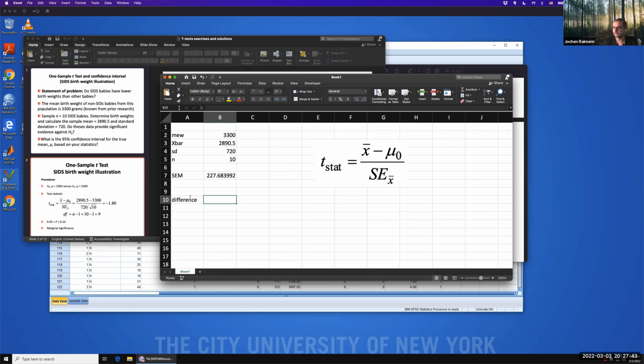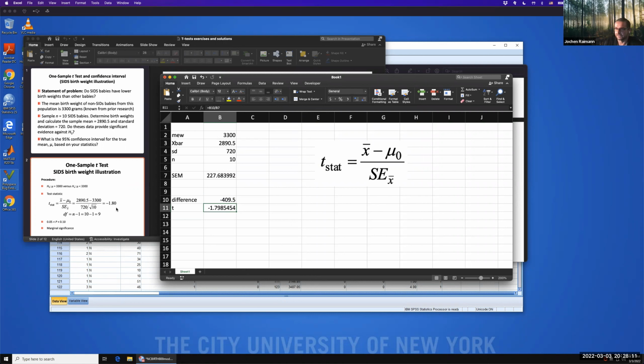That's exactly 2890 minus 3,300, which is minus 409.5. So now to calculate the t-score, you essentially take this minus 409 and you divide it by the standard error of the mean. And that gives you